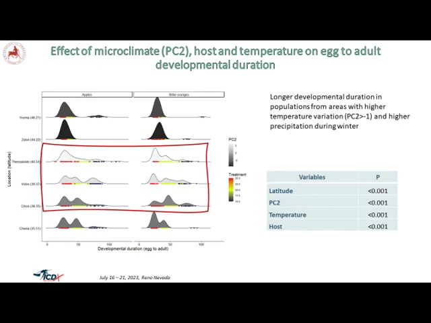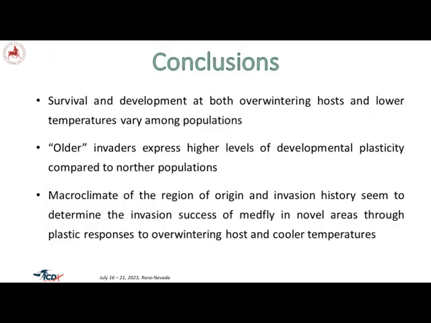Again, we see that these central, let's say, continental Greek populations mainly, and the Chios Island, manage to extend and to plastically respond to the lower temperature and to the different fluids. So the overwintering capacity differs among the different populations. And to conclude,